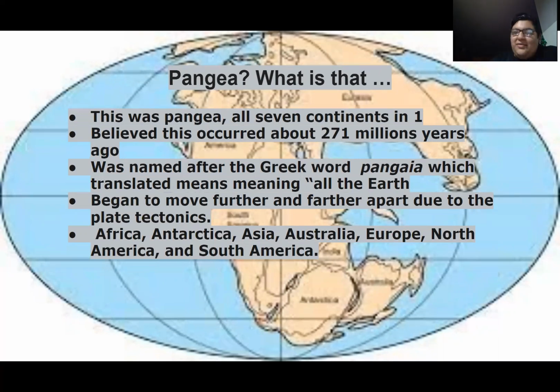How he got that idea was because he did the simplest thing. He got them all together. He saw the coastlines. He's like, hey, these fit together pretty well. So what he theorized is, if these all fit together, I'm going to put them together. And that's what he did. And that's when he got the idea of Pangea, which is a Greek word for all rivers.